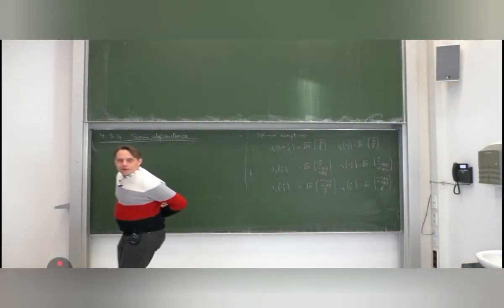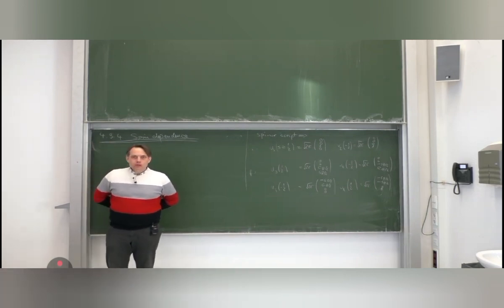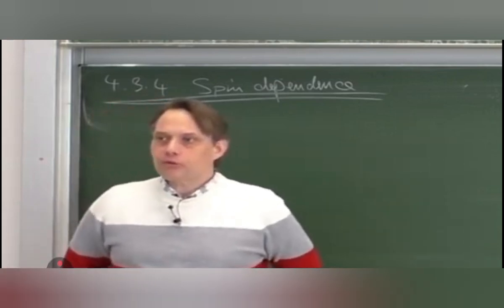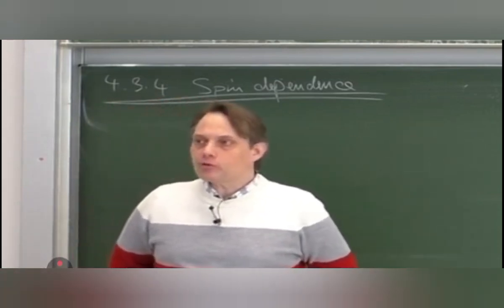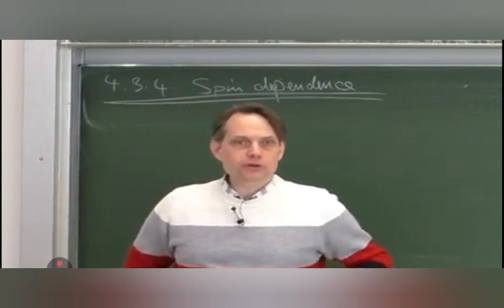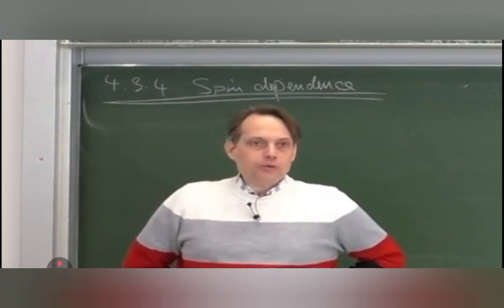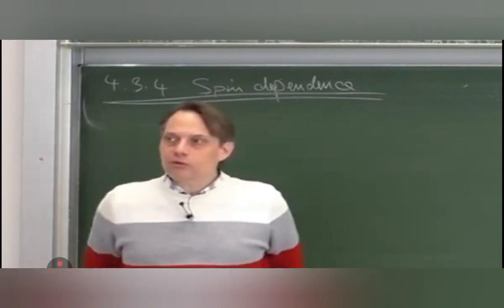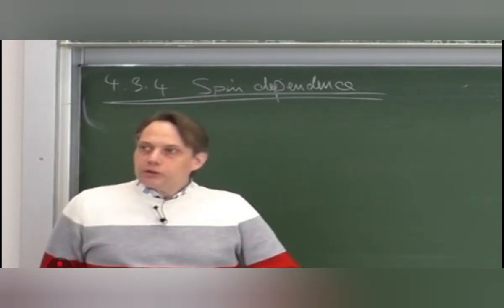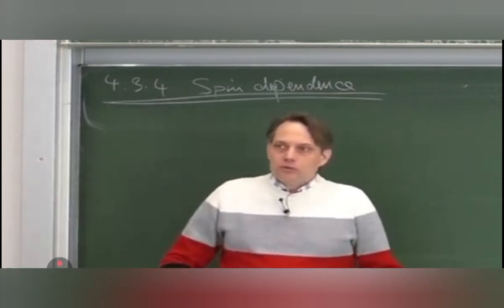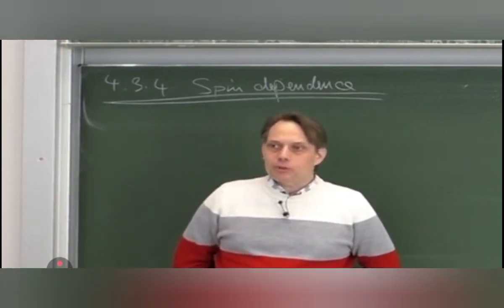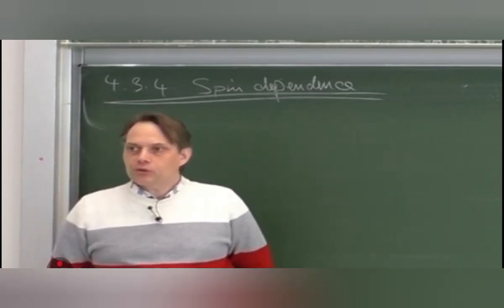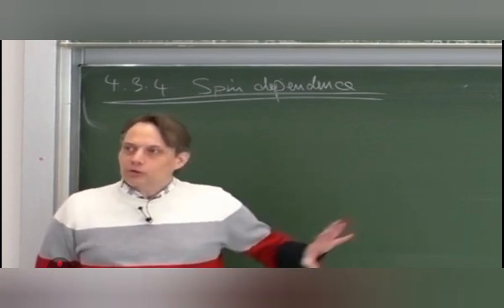All right. Yesterday we discussed e+ e- to mu+ mu- scattering, and we already looked at various physically interesting limits, namely the high energy limit and the low energy limit, and we also discussed the angular dependence. There was a particularly interesting angular dependence which depended on the cosine of the scattering angle theta. And I already announced that we can understand the angular dependence in a little bit more physical terms by angular momentum conservation and spin conservation and spin dependence. And that is what we want to do now.